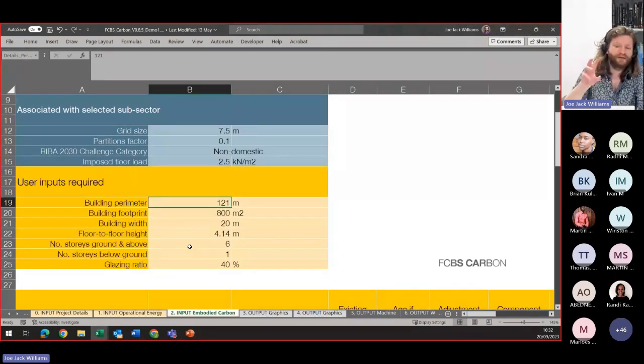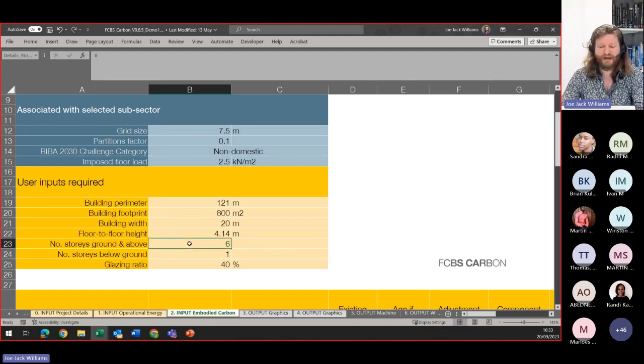Now, the most important thing is don't spend hours doing this. Put in a good estimate of the data that you think is reasonable. If you're spending hours measuring things, you're taking too long. Typically, I can do this in like half an hour. Of course I can, it's my tool. Most people, when they first use it, probably take 2 hours tops. If you're spending longer than 2 hours, you're probably spending too much time measuring things and being too accurate. So it really is about getting data in and then iterating over it and improving.